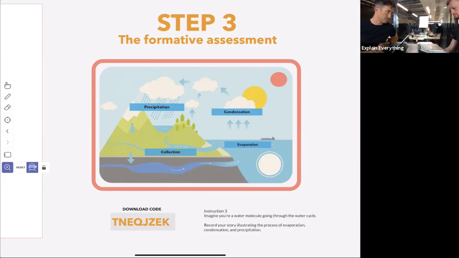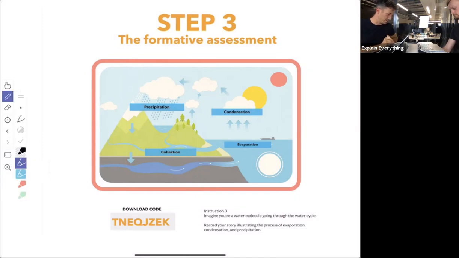or Chromebooks or Android devices ready, and we want them to record, using a digital whiteboard, a short story of how the molecule of water travels throughout the entire flow. So we say, okay, just imagine you're a water molecule and you go through all those motions. Tell us about this and illustrate it or express it however you like by animation. You can describe it. Just free your mind and try to create a video by using the template that was